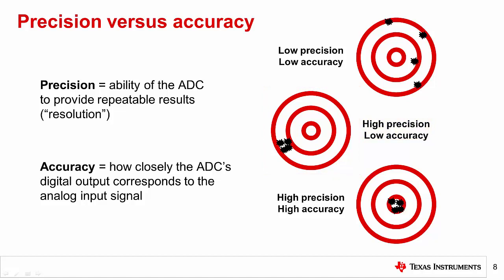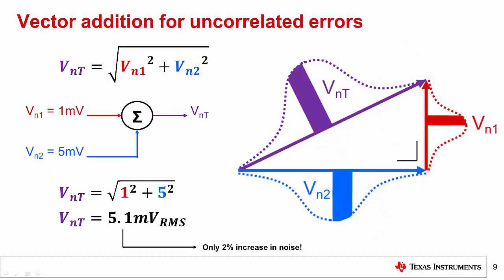You're consistently hitting the same point on the target, and your accuracy can be corrected through calibration. The third image shows an ideal result with a very tight grouping directly in the center of the target. This represents a system that's both accurate and repeatable. This is the kind of data acquisition system we want to help you design. While both of these metrics are important for high-performance data acquisition design, this Precision Lab series will focus on reducing noise to increase precision.